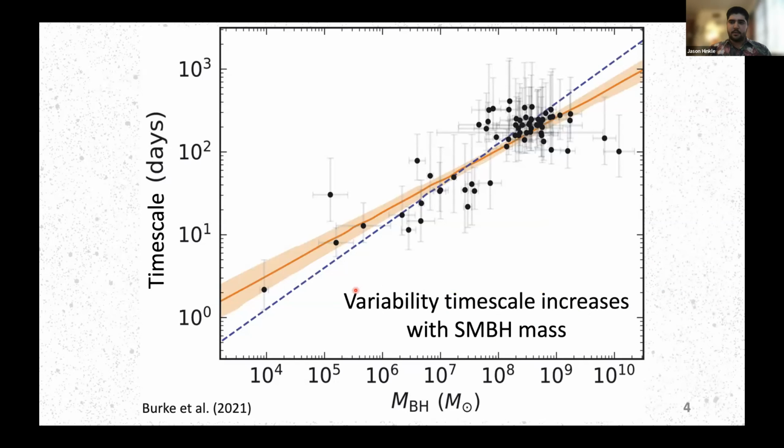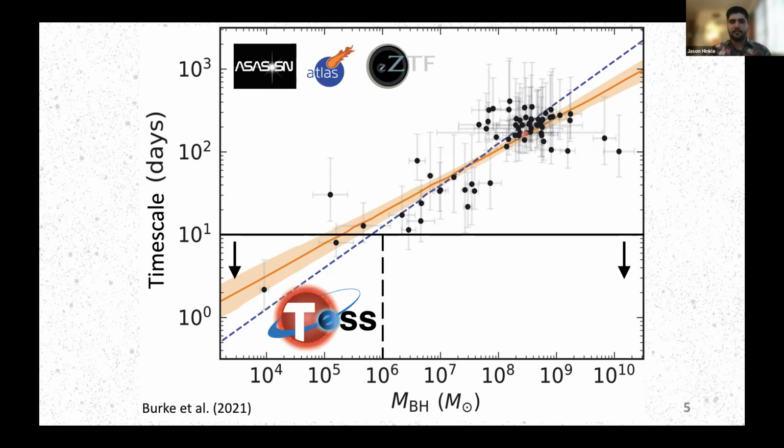But one of the most interesting things that we found as we've looked at AGN and their variability is this correlation shown by Colin Burke last year in a nice paper that put together a lot of AGNs over a wide range of mass shown on the x-axis here, and then their characteristic variability timescale on the y. As you can see, there's this nice correlation spanning many orders of magnitude, but you'll probably notice that many of the objects that we have these constraints for are somewhat more massive, maybe a few million solar masses, up to even a few billion. And the timescales for these objects are in the neighborhood of a few tens to even hundreds of days.